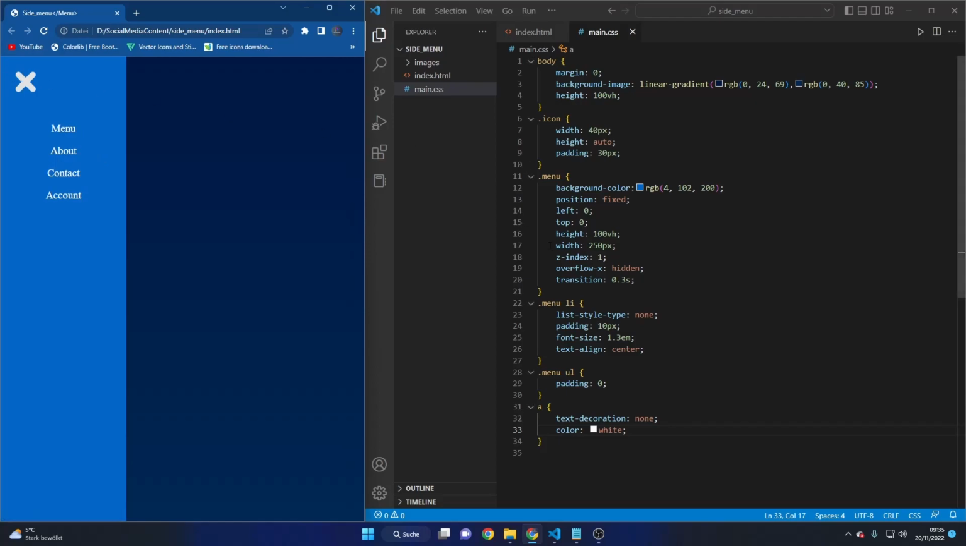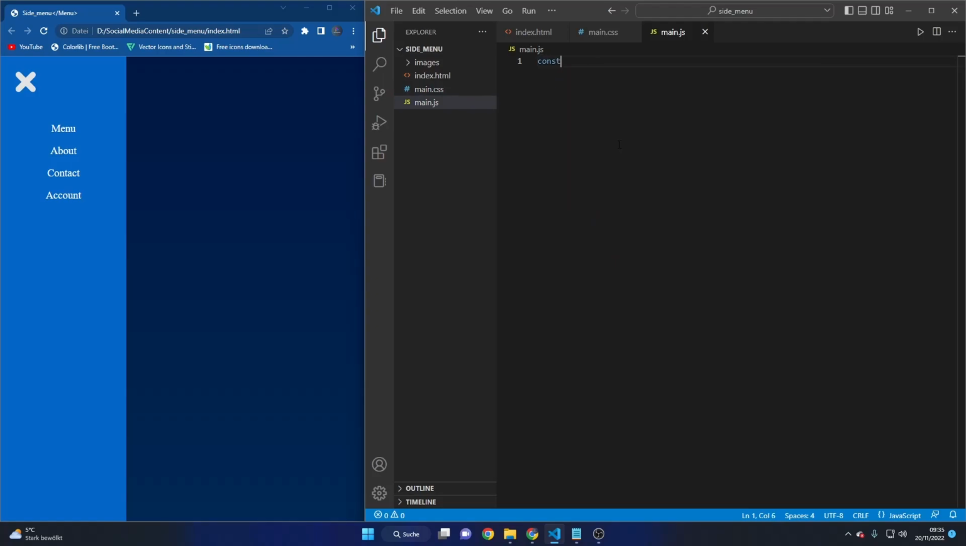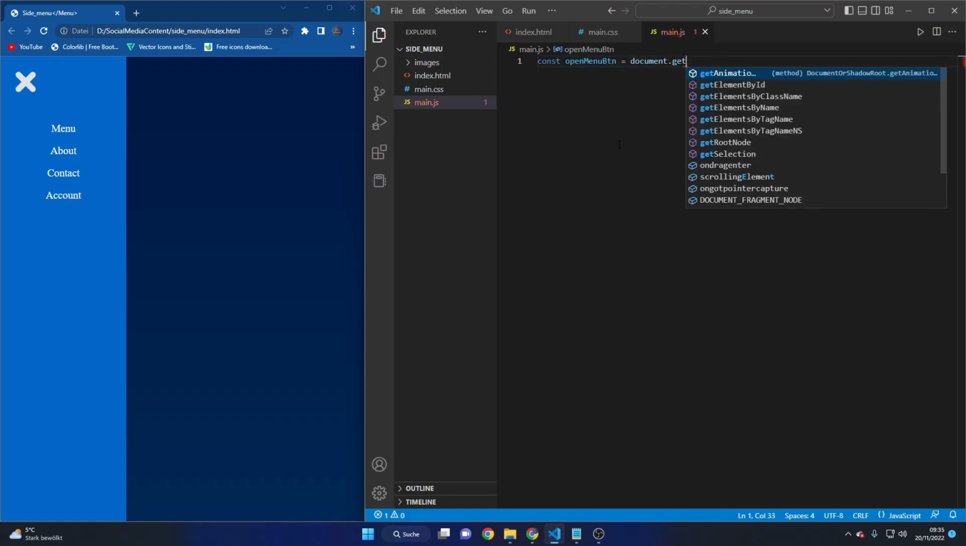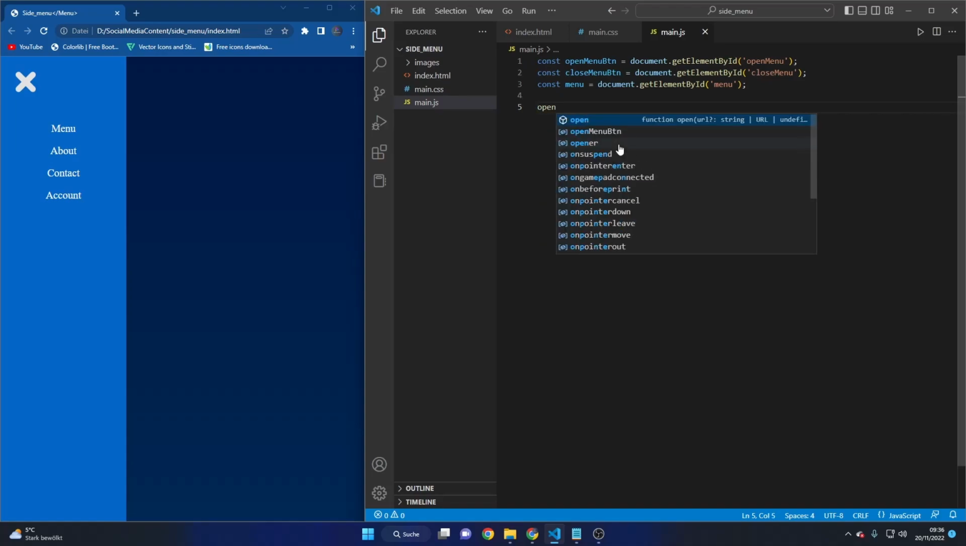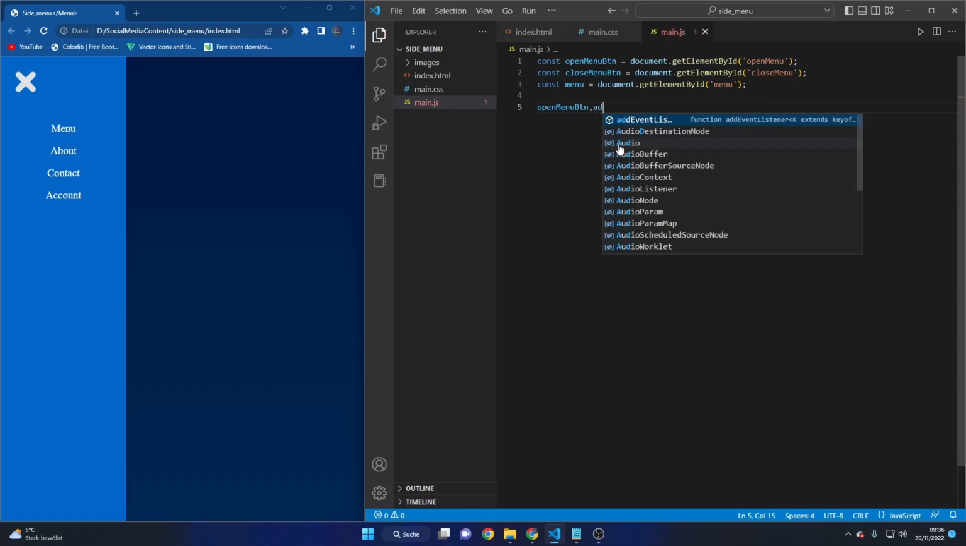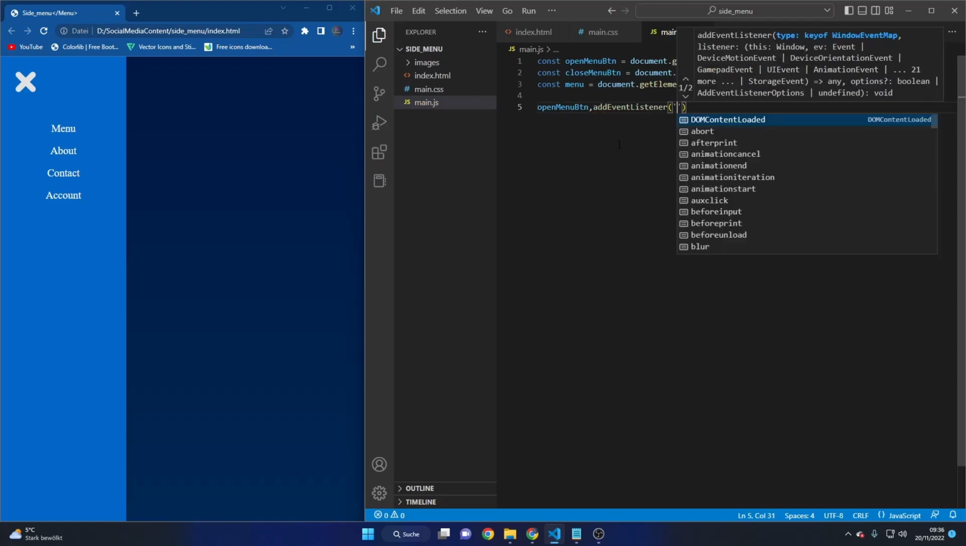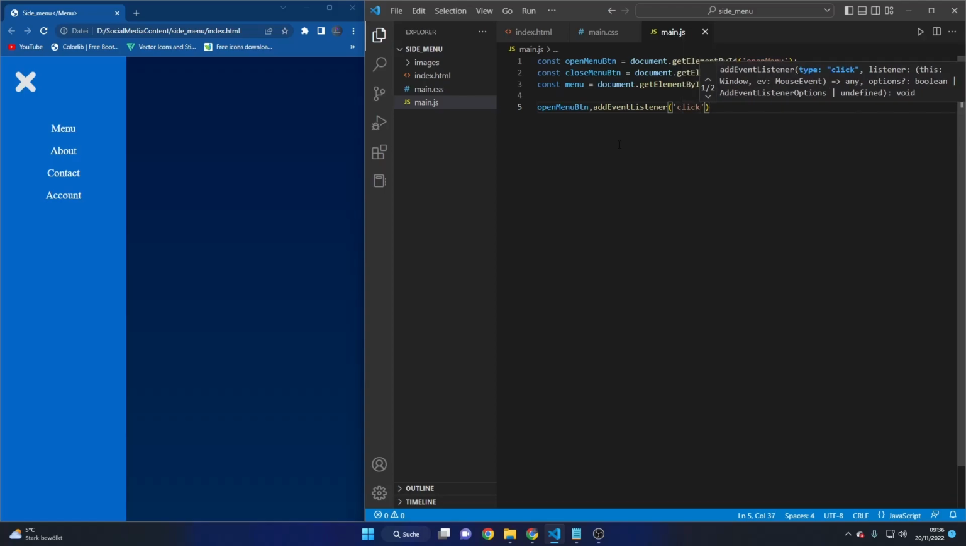Okay, now let's go to the JavaScript part. We first need to make some variables with the open and close menu icons, and we also need the menu itself, so we can change the width. Now we need just two simple functions that will change the width of the menu. We will add an event listener of type click, and an arrow function,